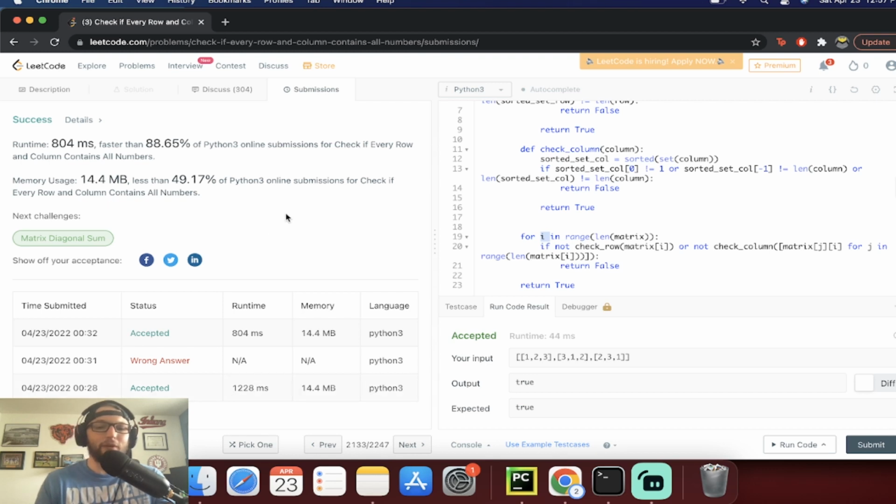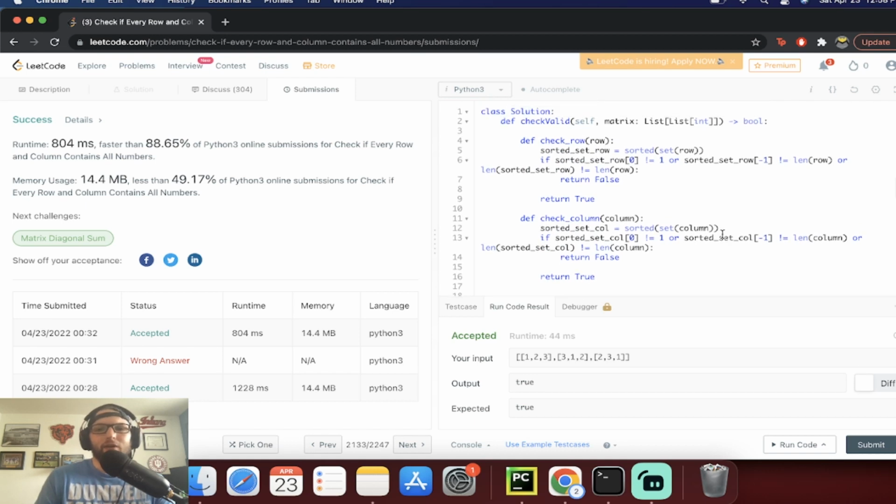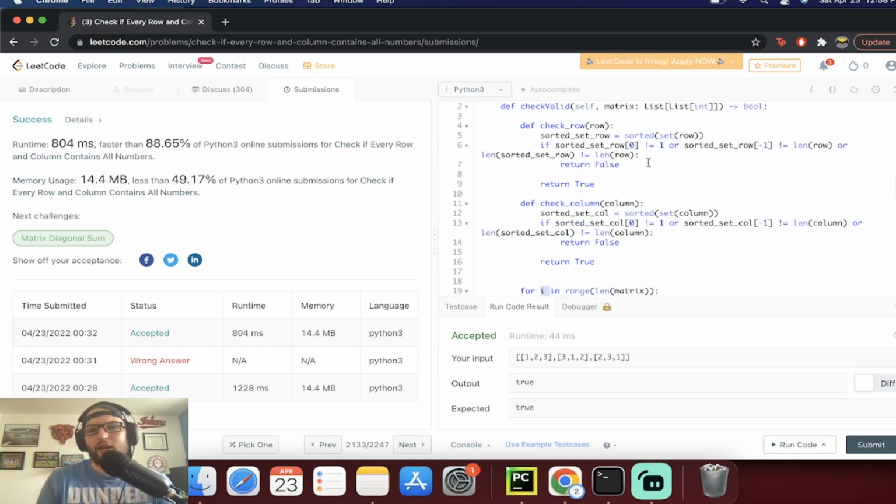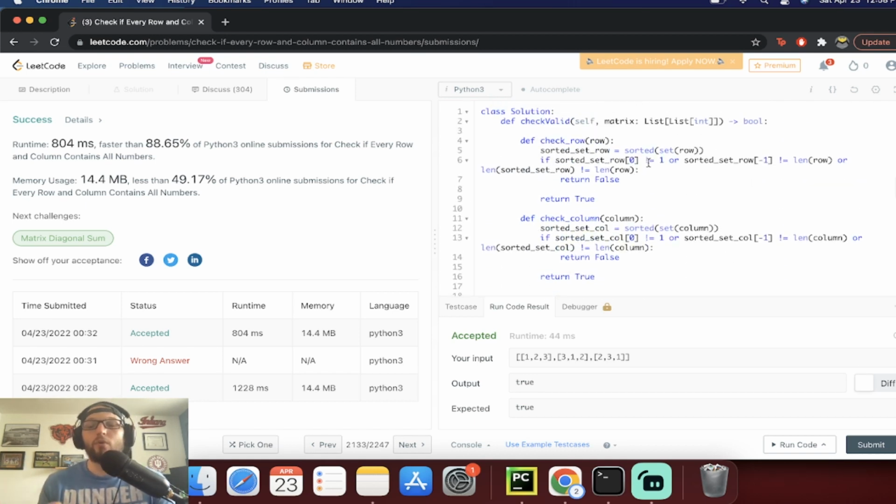So one really cool thing that I want to talk about here is that my first submission I did pretty poorly on. It had, as you can see, 1200 milliseconds to operate, around the same memory. So I'm not really too concerned about the memory of this. It's a pretty big problem, and I think that there isn't a more optimal solution. I'm not going to sit here and say that I have the best, obviously, but when I went back and created these helper methods, and then really honed in on what the constraints of the problem are,